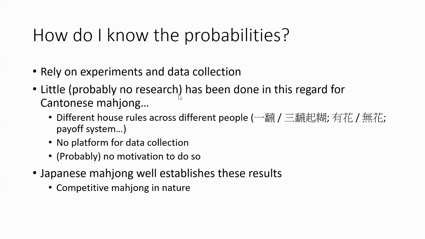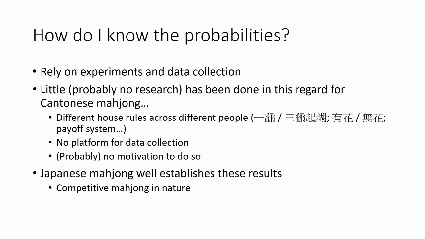collections. Under the context of Cantonese Mahjong, in fact, there is probably no research that has been done in this regard. And basically, the reason is because there is actually quite a broad spectrum of house rules across different people, okay? Say, for example, someone may play 一番起戶 or 三番起戶, someone may play 有花 or 無花, okay? And the payoff system would also be different as well, okay? 辣辣雞 or 半辣雞, okay? And on top of this, there is actually no centralized platform for data collection, okay? And because of so, applying the theory of offense and defense for playing Cantonese Mahjong might be a little